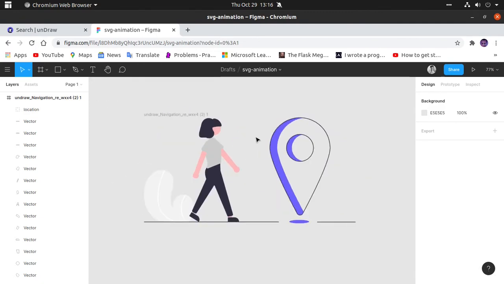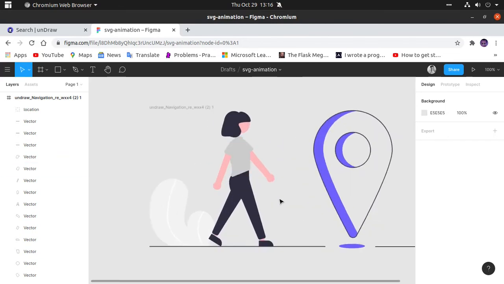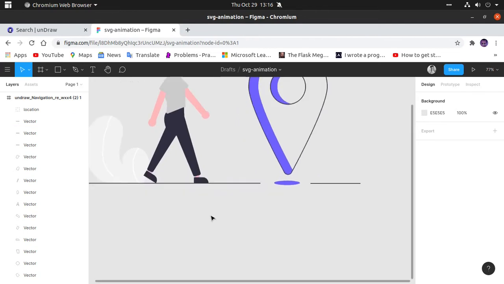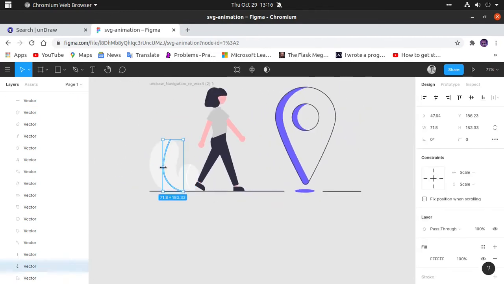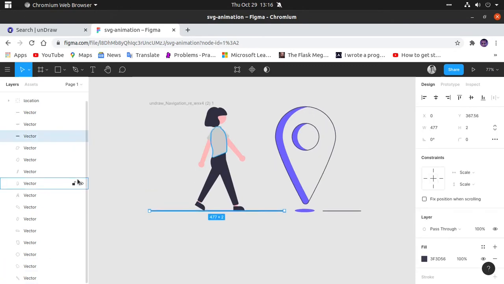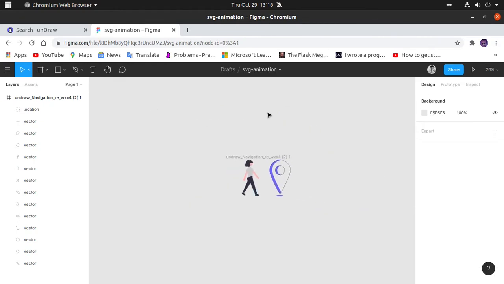I don't want to animate anything else, right? Because I want to keep it simple. I don't want to complicate it at first. Now I should remove whatever things I don't want. Like I don't want these plants here, so I'll delete this, just select it and press the delete button. I don't want these things too. I just want these things.